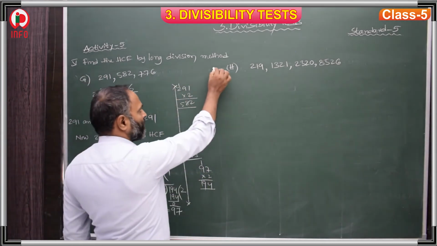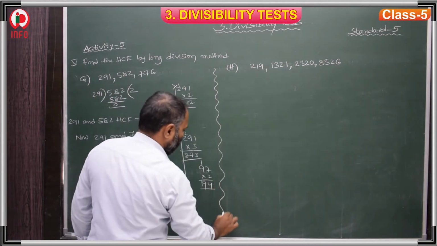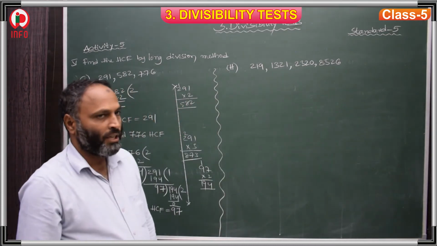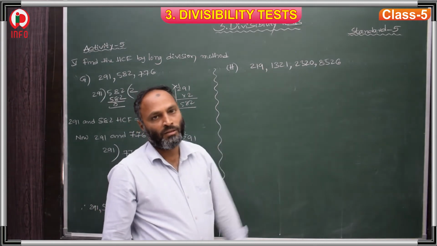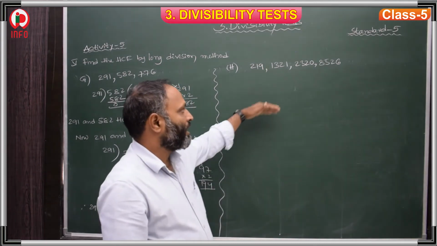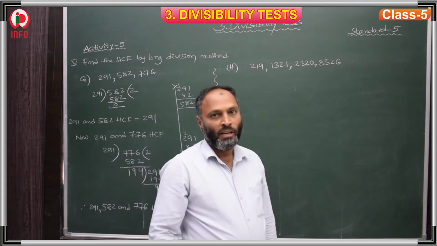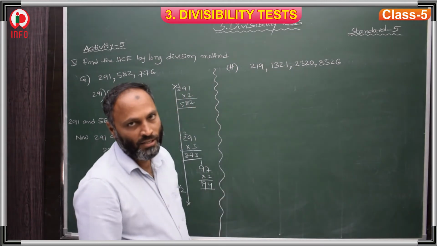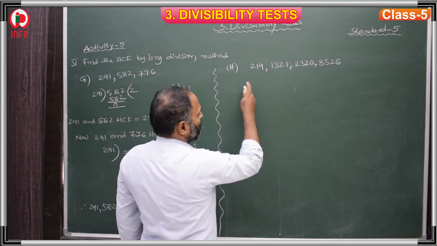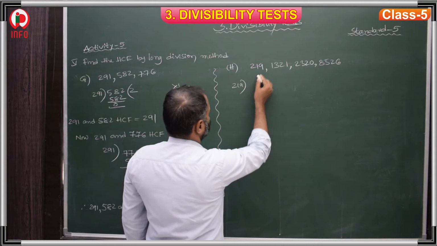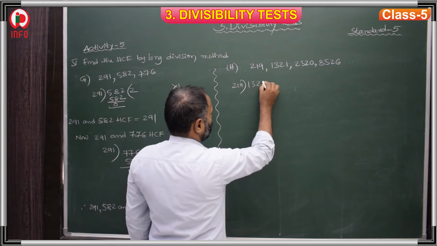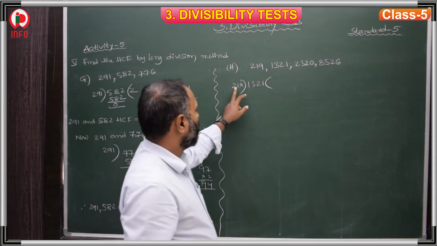Now, the last question, 4 numbers are given. First you take any 2 numbers, and after that you take the other 2 numbers. Find the HCF of these 2 numbers, again the HCF of the other 2 numbers, and again take those and find the HCF, the final HCF. First these 2, 219 and